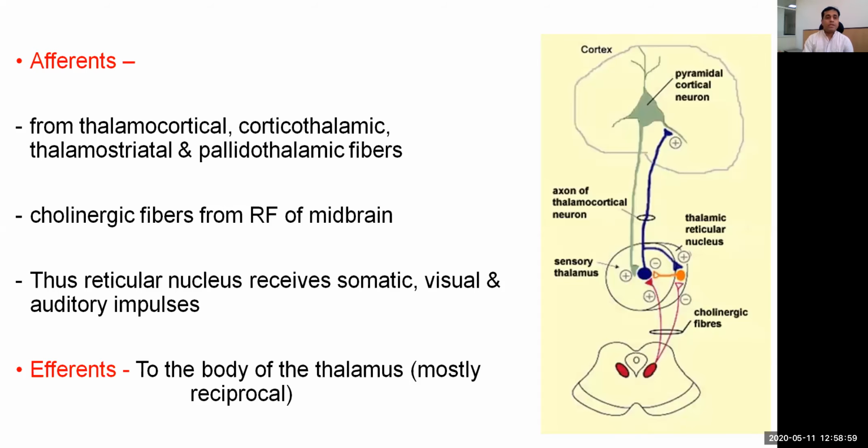Afferents received by this reticular nucleus are from thalamocortical, corticothalamic, thalamostriatal, and pallidothalamic fibers. Along with that, cholinergic fibers are also giving afferents from the reticular formation. Thus, the reticular nucleus receives somatic, visual, and auditory impulses. Efferents are going to the body of the thalamus, and mostly these efferent fibers are